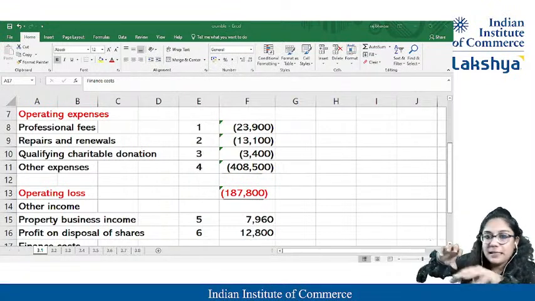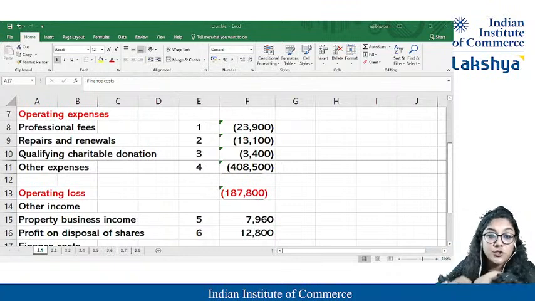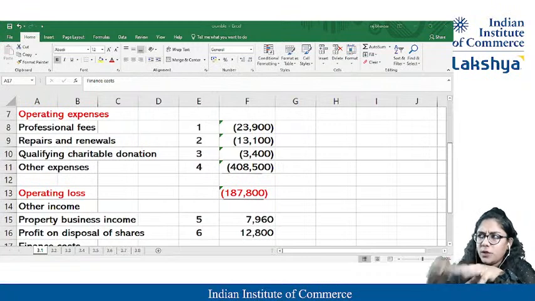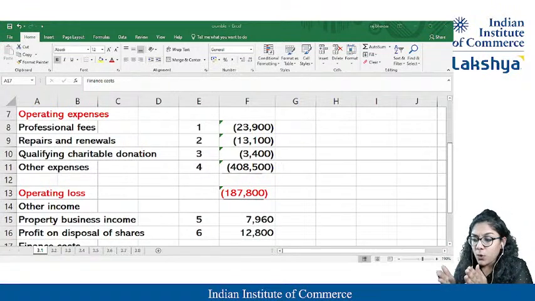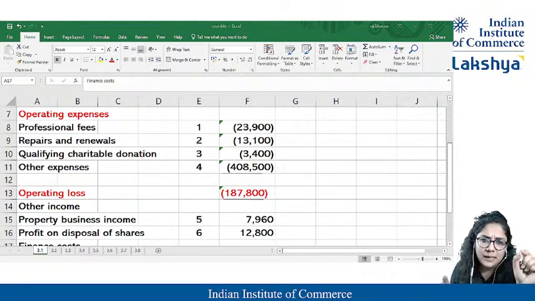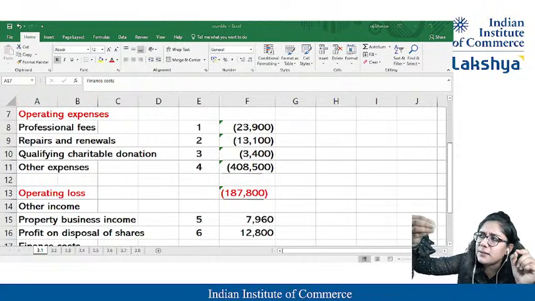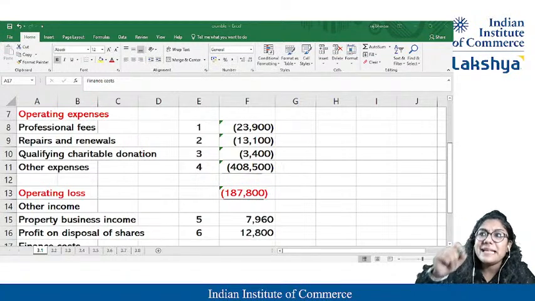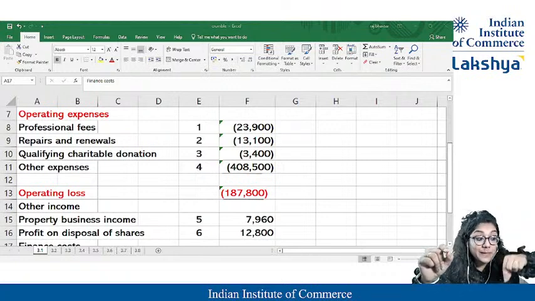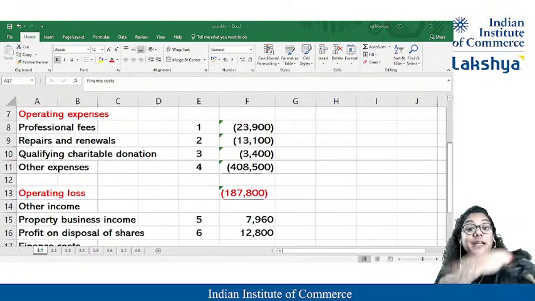See, all these expenses, P&L is shown as per the books, right? As per books, they thought they reduced. But now we have to see, as per income tax, is this loss allowed? If allowed, it's okay, you have already booked an expenditure. But for example, in books you have taken this expenditure, but as per income tax this is not allowed. No. Then we have to add it back.